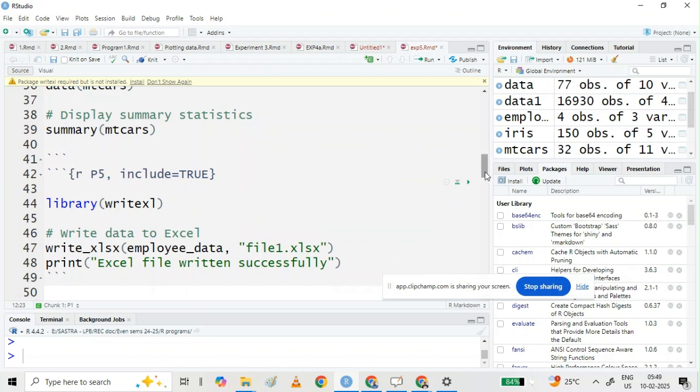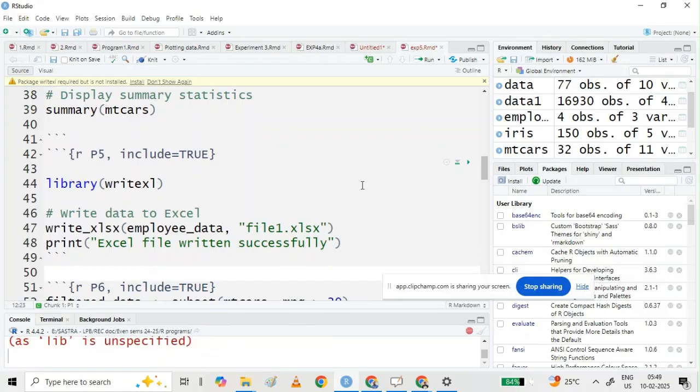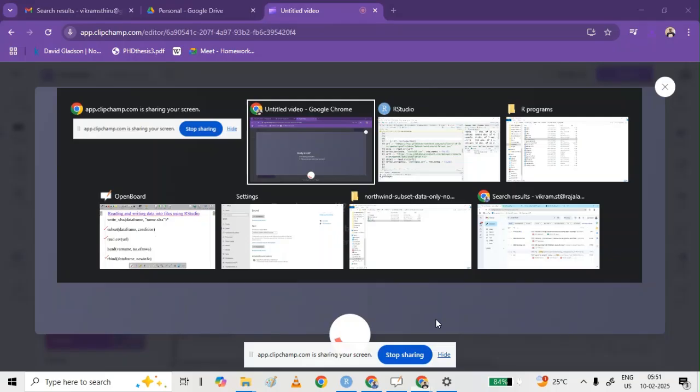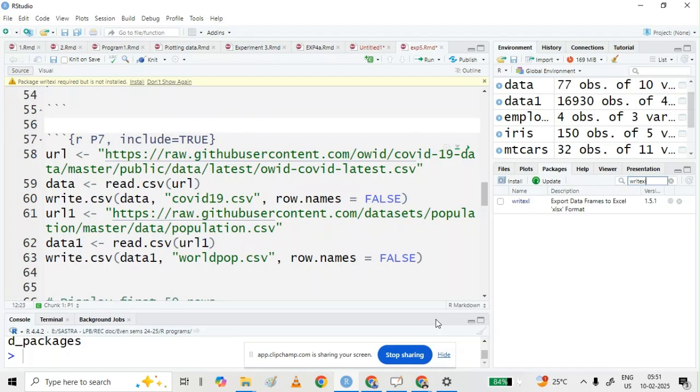This gets installed in a moment. Okay. So now that we have installed the write Excel package, we can use the write Excel package to call